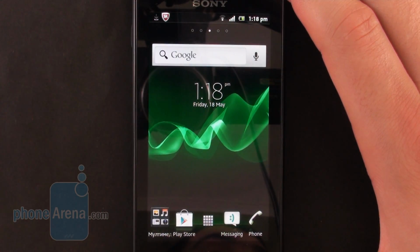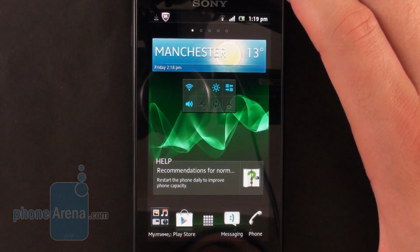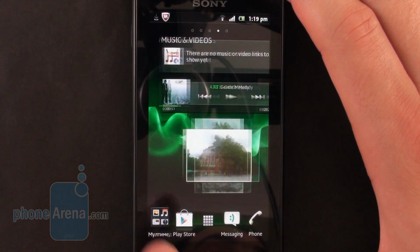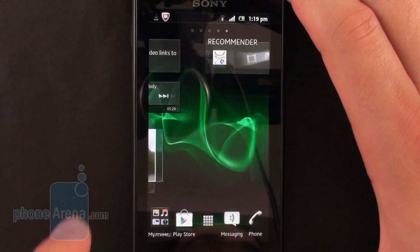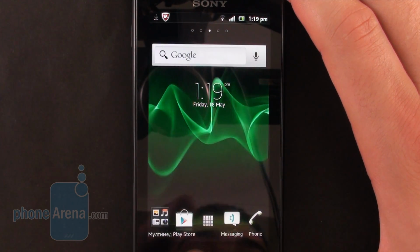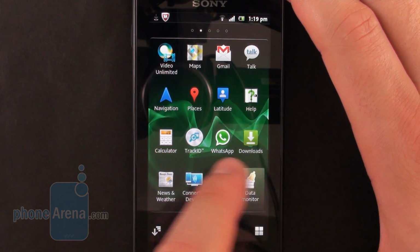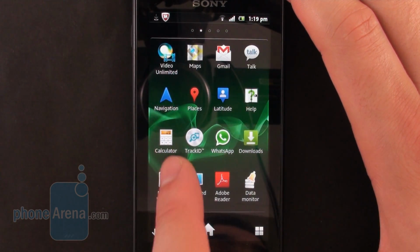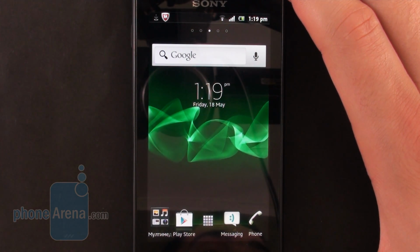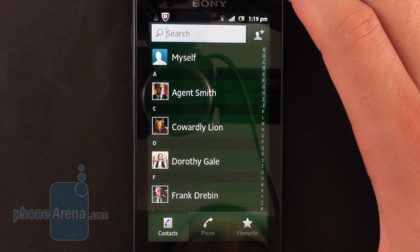The Sony Xperia Sola comes with Gingerbread out of the box, but an update to Ice Cream Sandwich is being planned for this summer. The processor inside it is a 1 GHz dual-core chip, the Novathor U8500 made by ST-Ericsson. It's paired with 512 MB of RAM, which is more than enough processing power to ensure smooth operation under most conditions. The interface runs smoothly, and although there is a slight lag when live wallpaper is used, the interface remains